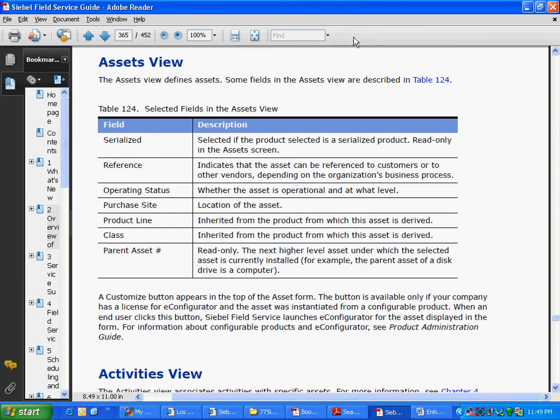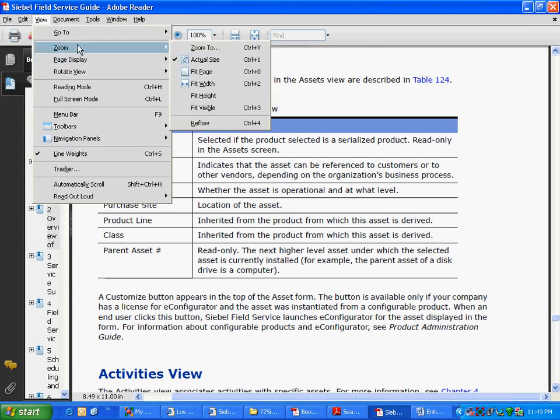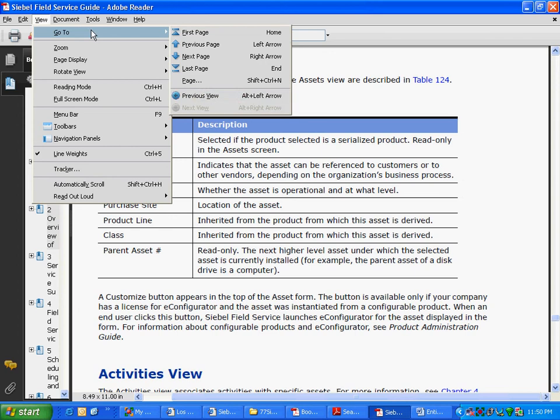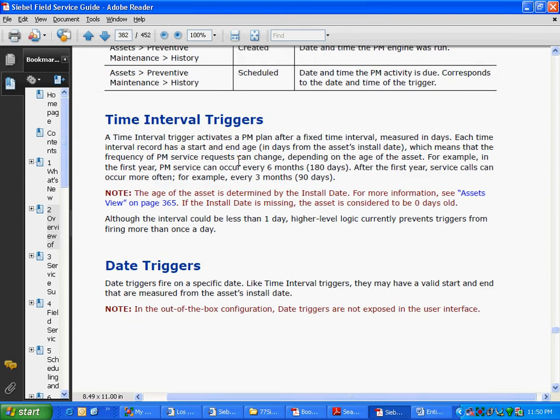In some of the Adobes, there is a button here, which is shown here also. I'll show you that button here. Okay, previous view and next view. Alt left arrow, this is where I got it from. So Alt and left arrow works everywhere. Ideally this button should be here, but I don't know how to drag and drop and put it here. Anyway, I'm just going to go back.